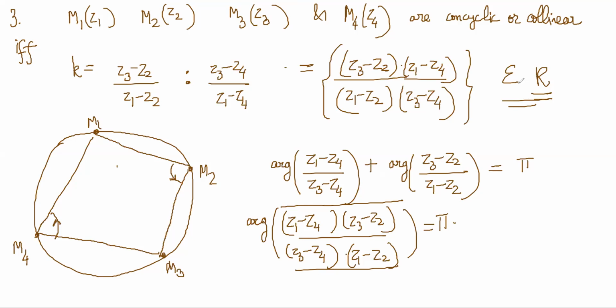For collinear, all four of them are in the same line, right? Yes, sir. So in that case also, we can say that the angles add up to 180. So Z1, Z2, Z3, Z4, right? In that case also, if you look at these two angles, M1, M4, M3, this angle will be something, and the other one is M1, M2, M3. Okay, so the M1, M2, M3 angle is 180 and the other angle is 0, right?